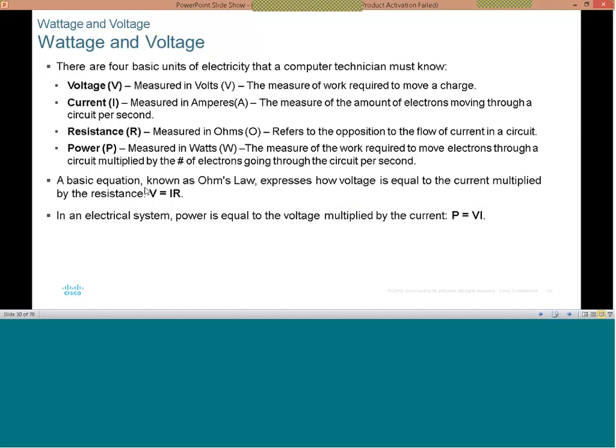So Ohm's law states that current multiplied by resistance is voltage, which expresses the Ohm's law theorem. In an electrical system, power is equal to the voltage multiplied by the current. So if you always want to know your power, look at your power adapter, your desktop power adapter, whichever you have, and multiply the voltage that's given to you with the current. That gives you